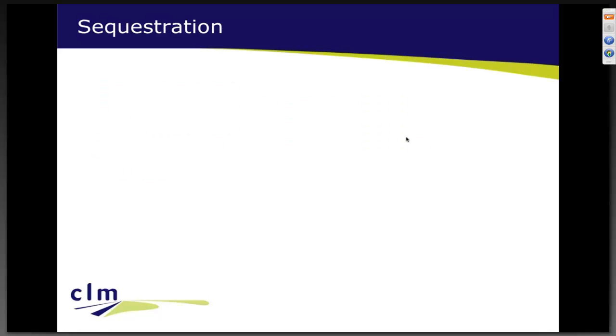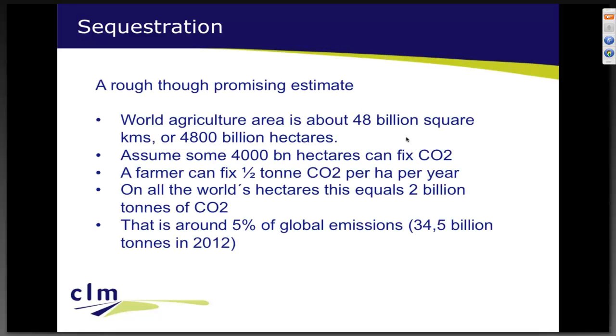Fixing carbon in soils and in plants, sequestration. I've done a back of an envelope calculation. Again, not science, be careful to quote this because it's probably not correct, but I just wondered how big is the scope for farming to help climate change? Given that there's 48 billion square kilometers, or 4,800 billion hectares, assuming that some of that land cannot fix CO2 because it's peatland, or just not feasible,